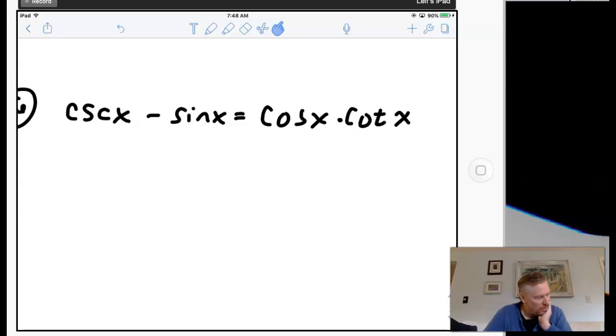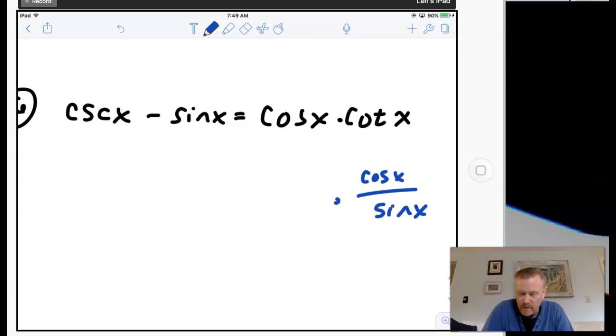You know, you could do this one probably either way, to be honest with you. I'm going to manipulate the left side. Before I do that, let's just keep in mind here that cotangent is the same as the cosine of x over the sine of x, right? So if I can manipulate my equation and get that, I know I've made it to the cotangent times cosine, okay? So taking the left side now,